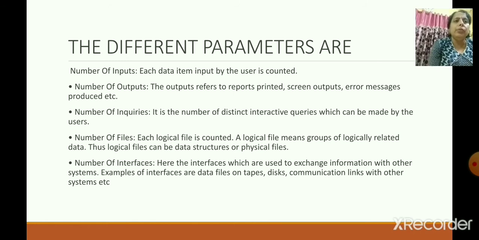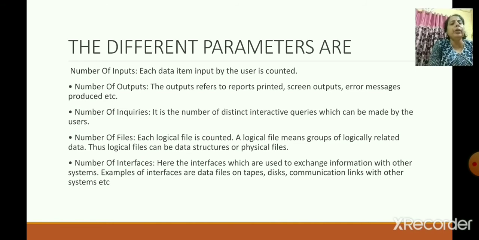For example, when the user inputs data like an address, if he inputs different parts of the address, that is counted as 1. Then the number of outputs: the output refers to the reports, screen output, error messages produced, etc. Means the different outputs that come from the system.